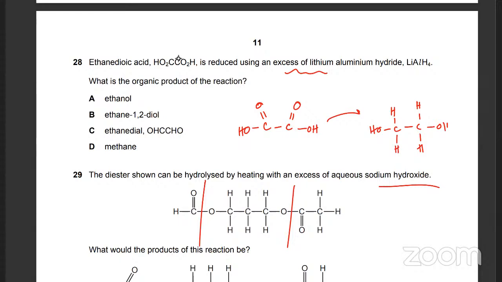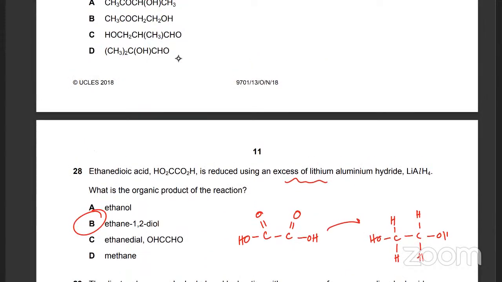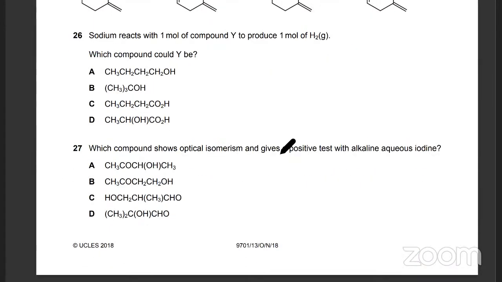Ethane 1,2-diol. Okay, so it's going to be B. So next one is which compound shows optical isomerism and gives an iodoform test. It's supposed to have an alkaline iodoform test. That's true for, you need a methyl